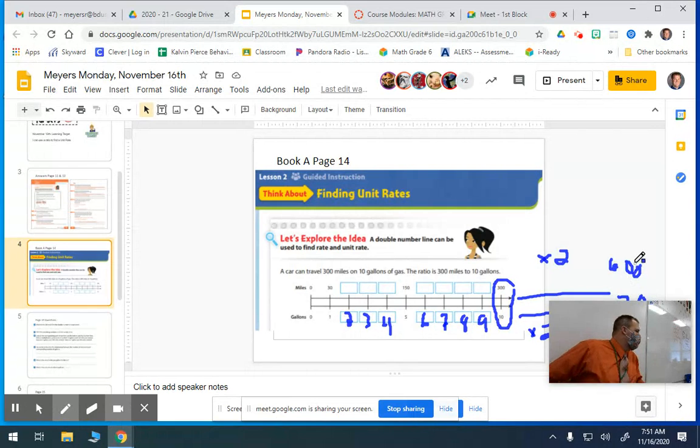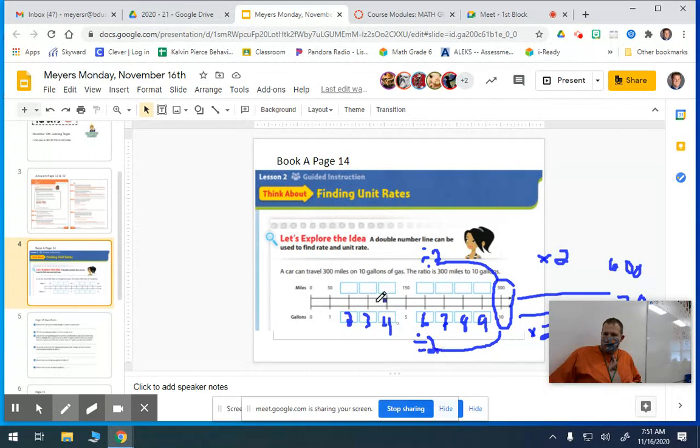And that's what a lot of this unit's also going to talk about, is figuring out equivalent ratios and then ultimately finding out how much per one. So we can very easily figure out times 2. We can figure out divide by 2. And the key thing is we're doing the same thing to our top number and to our bottom number. So 10 divided by 2